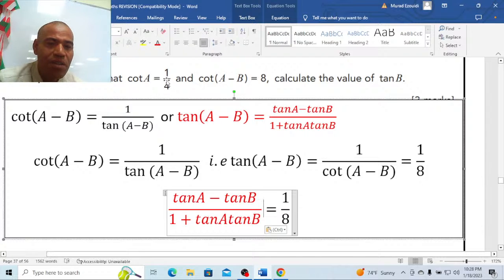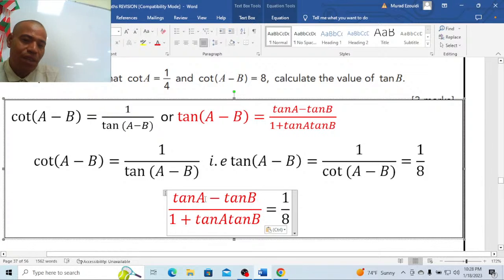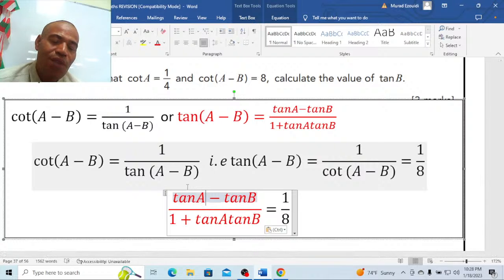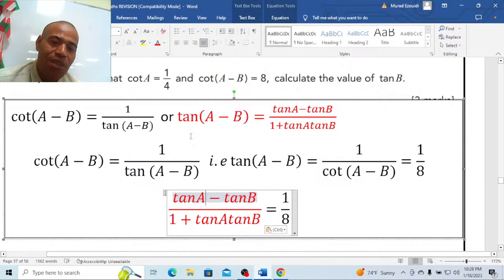Cotangent of A is 1/4. Therefore tangent of A is 4, because cotangent of A and tangent of A are reciprocal. If cotangent of A is 1/4, it means that tangent of A is 4. The product of 4 and 1 over 4 is 1, therefore I will write here 4,